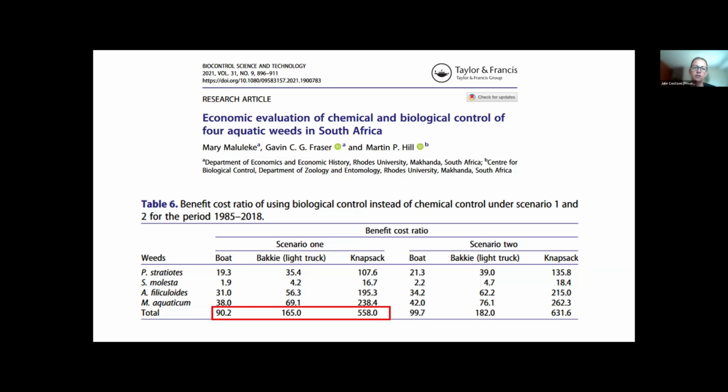So if we compare the cost of chemical control to the cost of biological control, the benefit cost ratio is an order of magnitude higher when looking at just biological control. So essentially what this table shows is that it's incredibly expensive to use chemicals to control aquatic weeds in comparison to using biological control. And not only is it the cost of the glyphosate or the chemicals, but it's also a reduction in the requirements of those costs. So you're no longer having to put that money into chemical control.